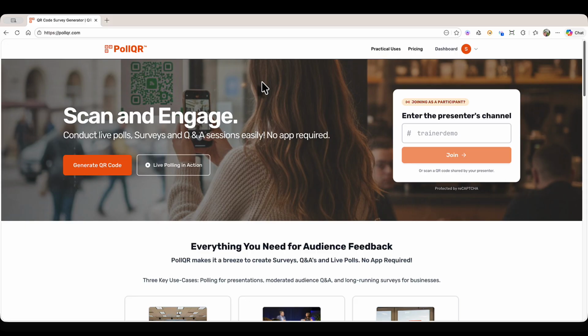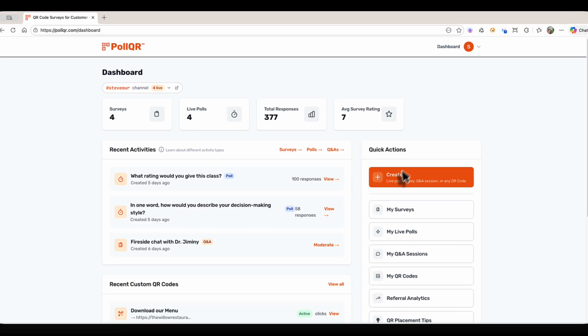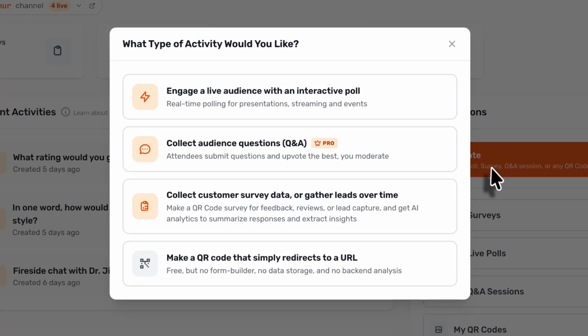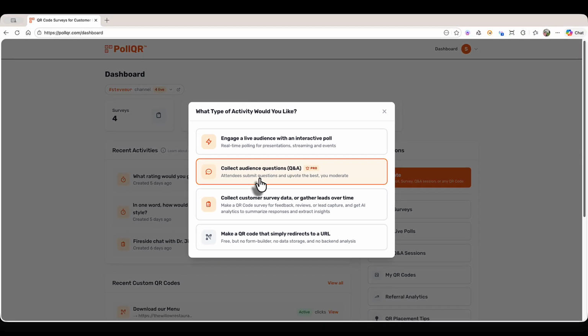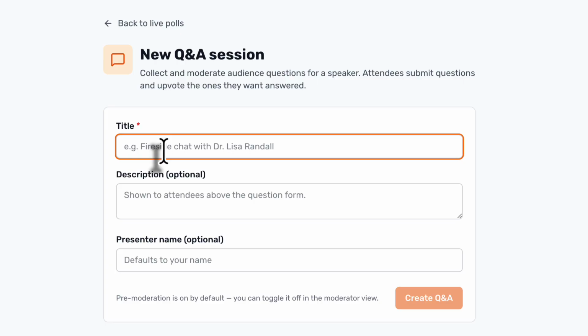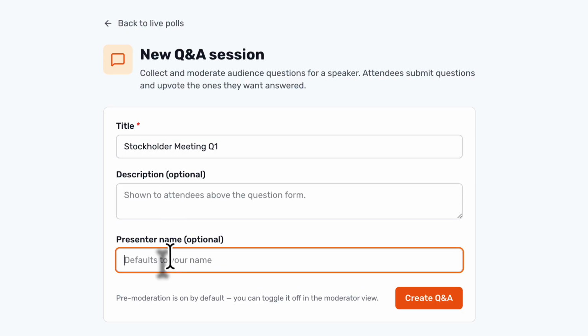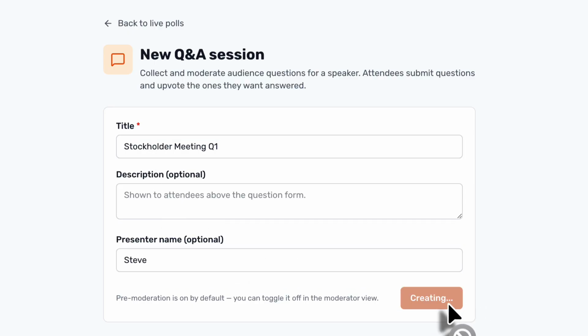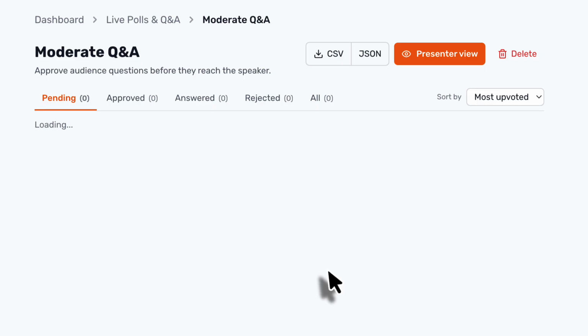Just visit pollqr.com. And when you go to your dashboard, you can create a Q&A session. You'll click the Create button, and let's do the Collect Audience Questions. And PollQR takes care of all this. You have a form, mobile-friendly forms that are presented to the audience. Let's say this is a stockholder meeting Q1, and I'm going to put my name down, and now the Q&A is created,